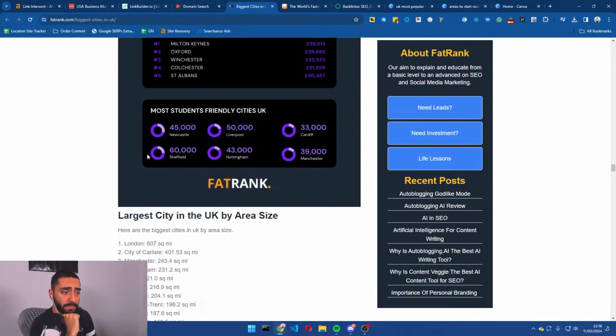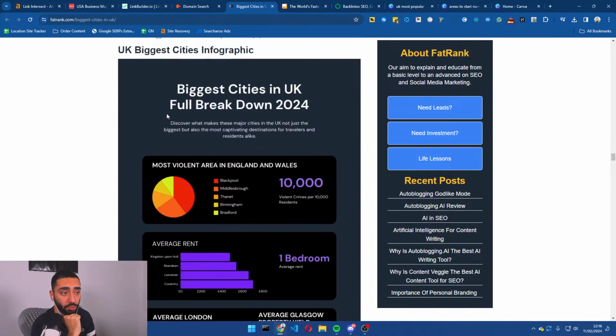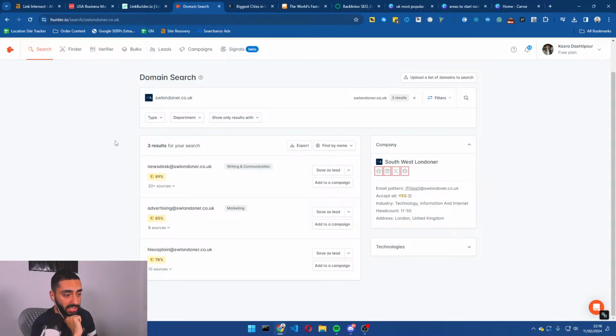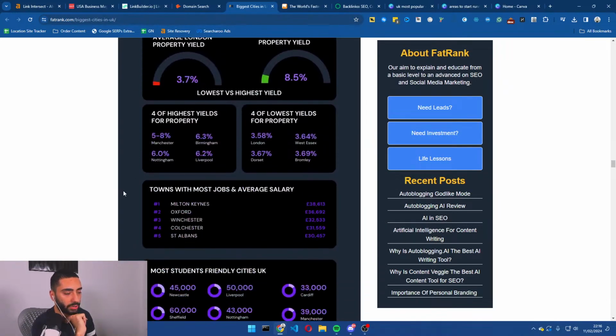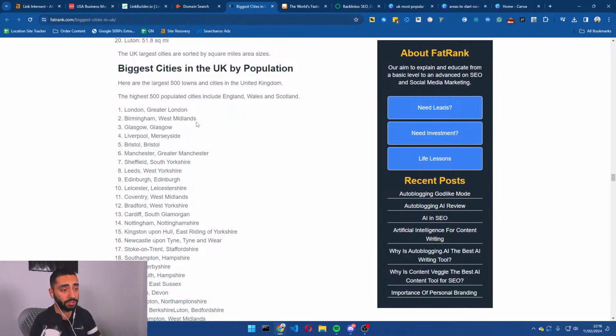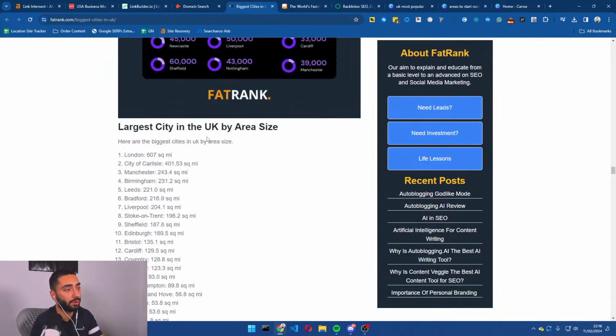So that's one method of essentially doing outreach, white hat outreach as well. And if we just take a look here, so yeah, you've got 3 different emails that you can reach out to. I would probably just go with the news desk, because it's also categorized as writing and communication. So you can go down that route, and you can essentially very quickly acquire a load of links.